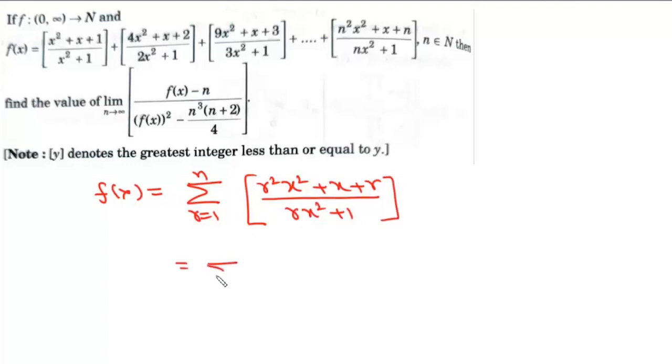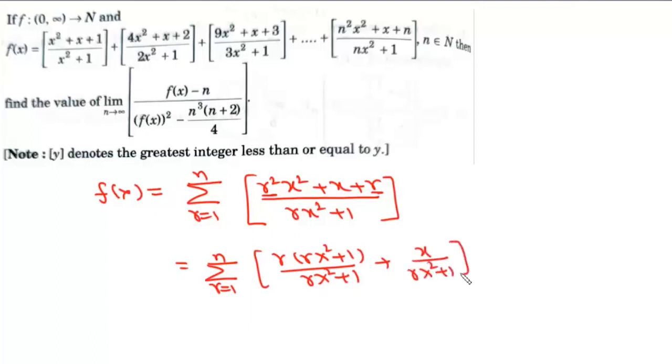Now we can write this as this summation r varies from 1 to n, and we'll take these two terms together. We'll take r common. It will be r x square plus 1 upon r x square plus 1 and plus x upon r x square plus 1. Now here r x square plus 1 will cancel, and since r is an integer,